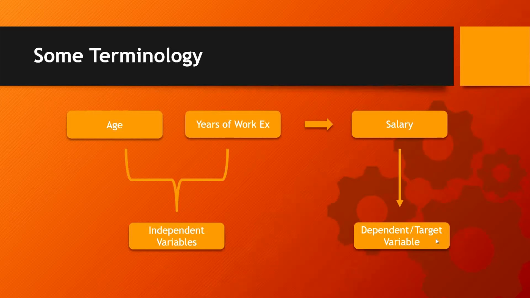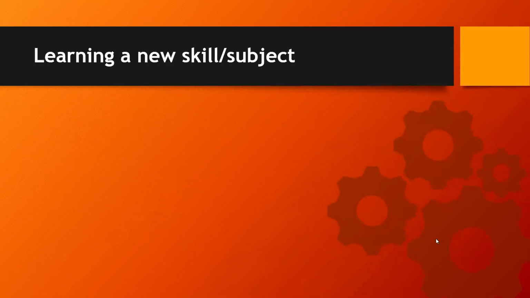And just to make sure, when you are given a data set to solve the problem, you will have all these three variables and their values present. But when you are running them in a live scenario in production, then you will have only the independent variables and you will have to predict the outcome for the target variable. Because if the target variable was also available in production, then you will not need to do anything, right? You will not need to predict anything. Okay? With this in mind, let's dive into the concept.